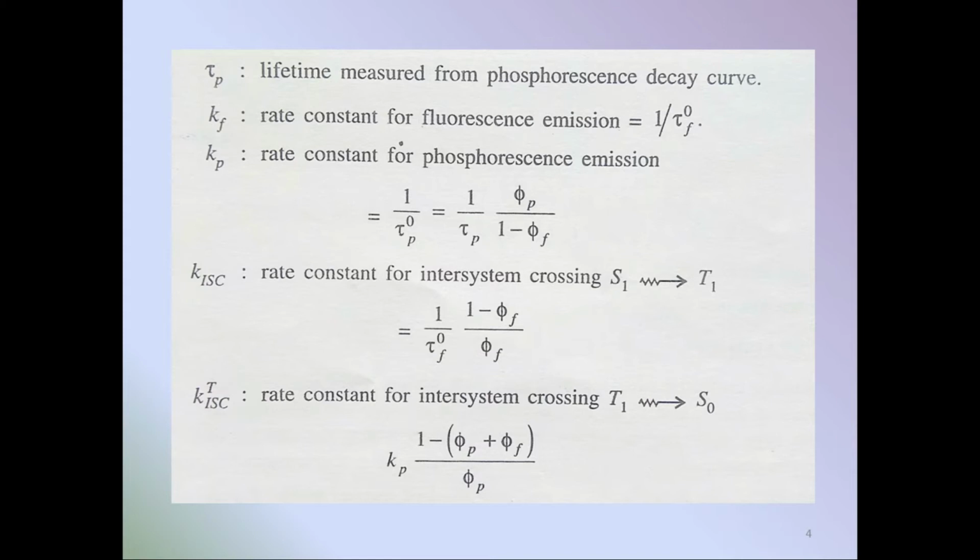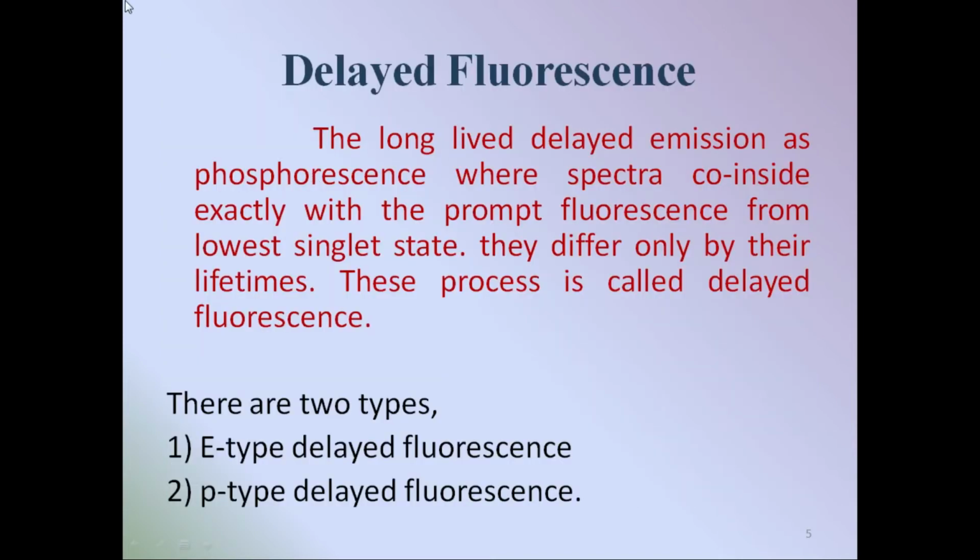This is a state diagram, considering biacetyl as an example. Now let us see what is meant by delayed fluorescence. Already we have learned fluorescence and phosphorescence. We know fluorescence occurs quickly whenever there is incident light, and phosphorescence will be observed even after stopping the incident light. That means phosphorescence occurs a little delayed. It takes more time compared to fluorescence.